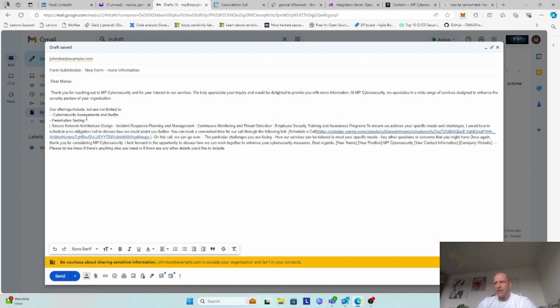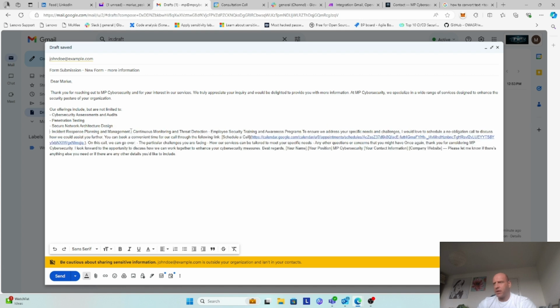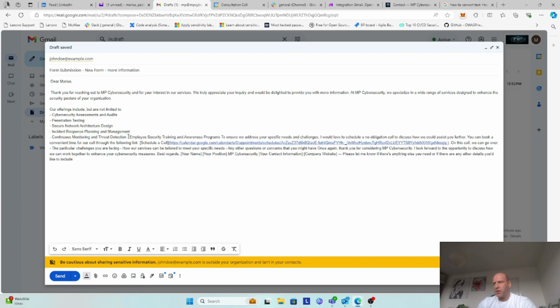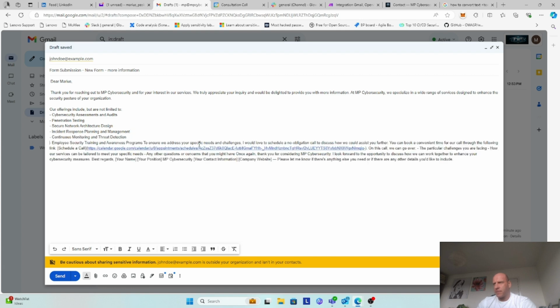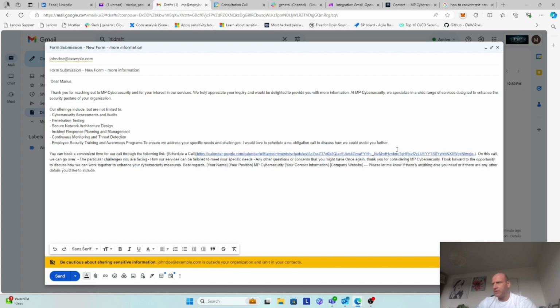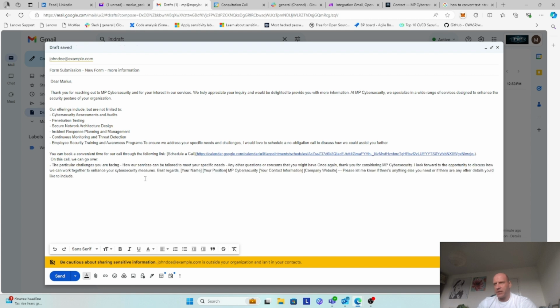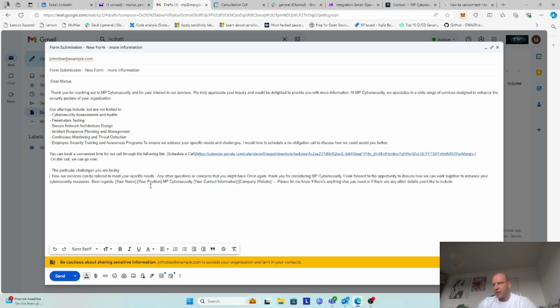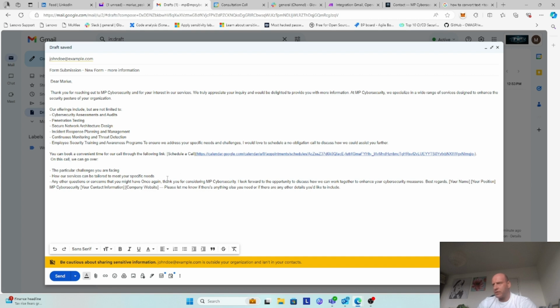But the key goal here, as you guys can see, is that this saves so much time because everything is already prepped for us and it's pretty much ready to go. And the goal is to play around with this and think how we can save so much more time. So you can see they added the scheduled call as well, and it says here, on this call, we can go over, for example, particular challenges you are facing, how our services can address your specific needs, any questions or concerns,